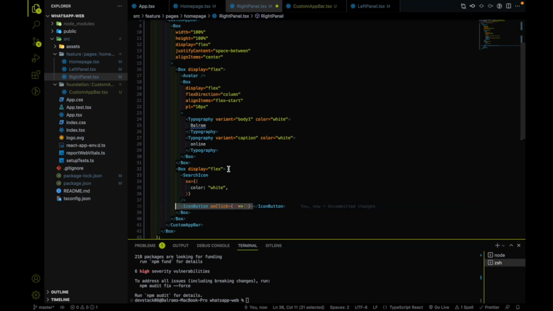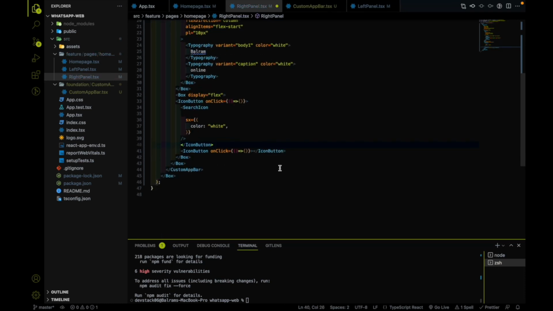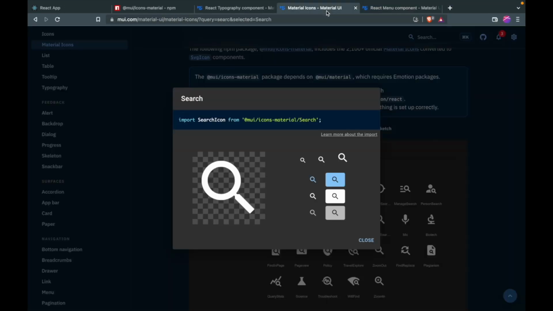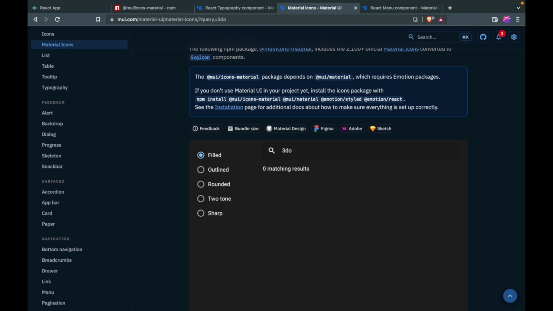Okay, so let me type this icon button, because the search icon does not have an onClick or anything, so when we click on a search icon, it will not work properly. So let me type this onClick on the icon button, and here I am going to use another icon that will be a dot menu or something. Here we will find the 3-dot